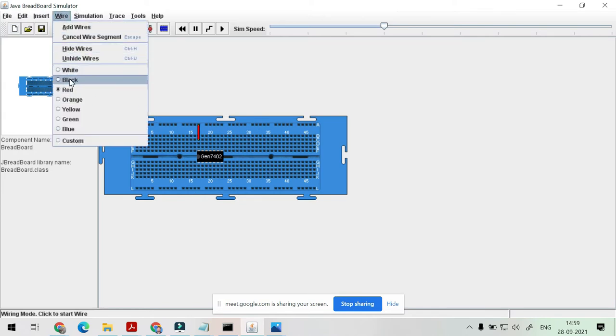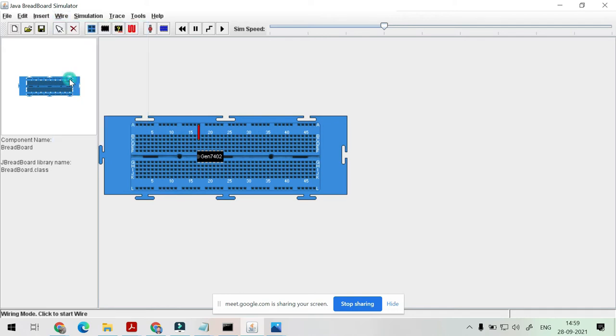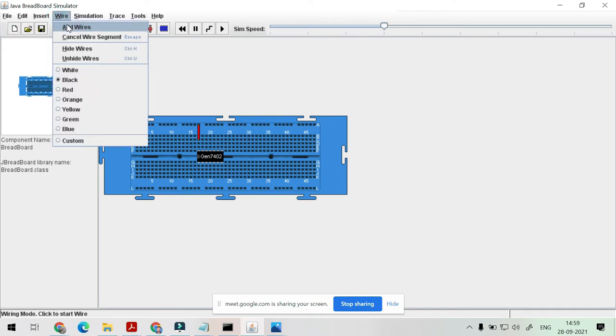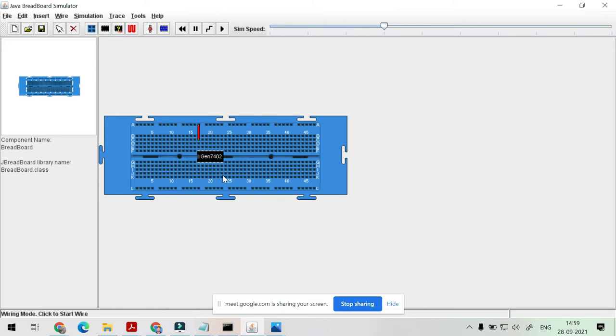Now we have to insert the ground. For ground, we will use a black wire. After clicking black, we add a wire, and this is pin number 7. After clicking once at this pin, we just double click here. After double clicking, we insert that wire at that terminal.